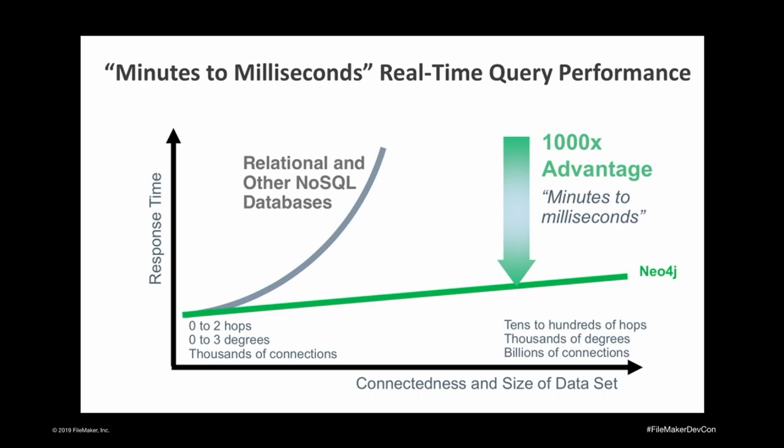Now, what is the advantage? The main advantage is the size of your data. The gray line to the left is the effect of a large data set on a traditional relational database system, like FileMaker. But not only FileMaker, also MySQL, Oracle, SQL Server. All these databases suffer from the so-called join bump. If data sets become large, or if you have a lot of joins to find, it becomes slow, and this effect increases. Whereas a graph database like Neo4j is not that much impacted by the size of your data